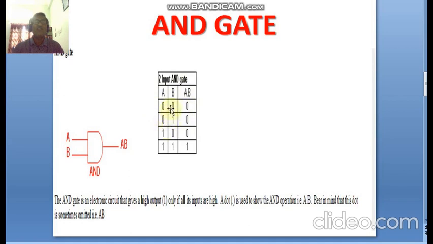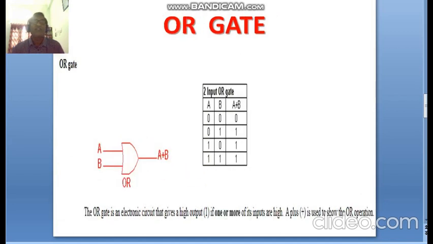If A is equal to 0, B is equal to 1, that's the second combination. Then the final output is 0. Third combination is A equal to 1, B equal to 0, then 0, and then 1 and 1. Then the output is 1. That means if the inputs are maximum only, then we are getting the maximum output in the case of AND gates.